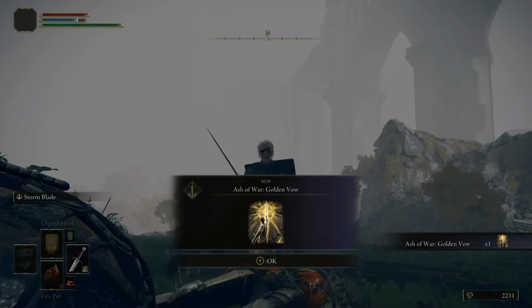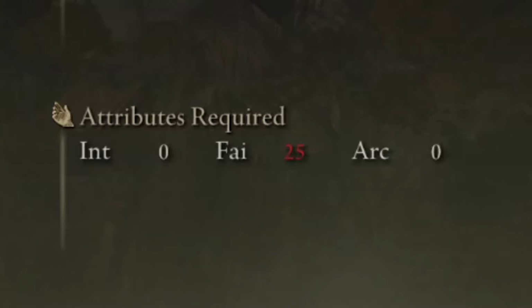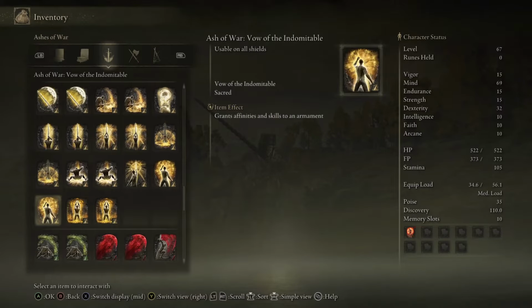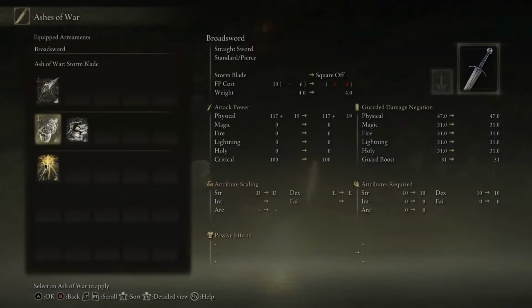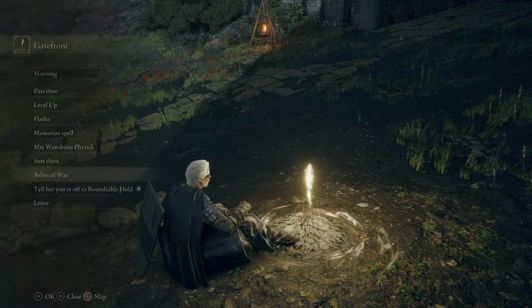of Golden Vow. Golden Vow actually comes in two separate forms in this game. There's the incantation version, which requires 25 faith and must be cast with a sacred seal, and there's also the Ash of War version, which is what we just picked up. This has no stat requirements, and you can put it on any infusible weapon in the game. So I prefer to put it on something light like a dagger, but you can put it on your sword or whatever you want. I recommend you put it on a secondary weapon and keep an Ash of War on